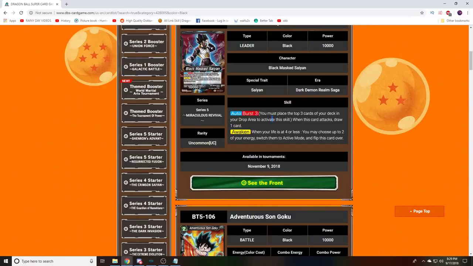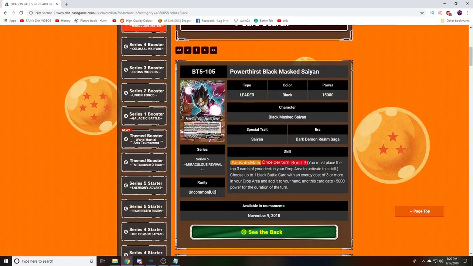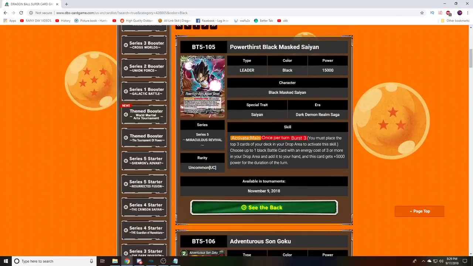So that's interesting. Anyways, he untaps 2 in a flip. So untap 2, yeah, there we go. So anyways, you must place the top 3 cards in your deck into the drop area to activate his skill on this side as well. Burst 3, once per turn, choose up to 1 black battle card with an energy cost of 3 or more in your drop and add it to your hand. This card gets 5,000 plus power for the duration of the turn. So this card is really good at milling your deck, and then from there, allowing you to get back and pinpoint